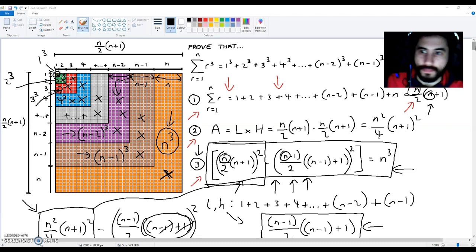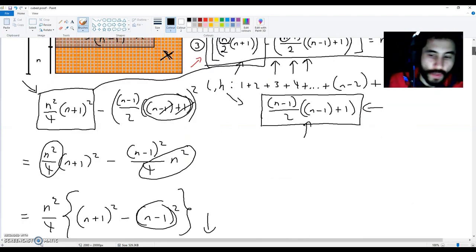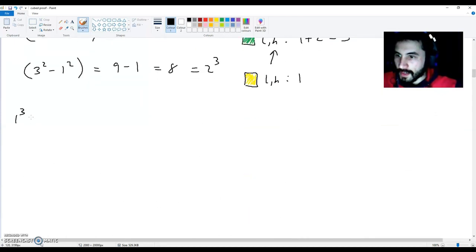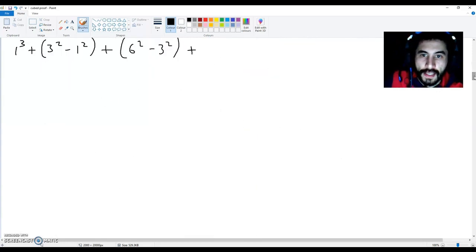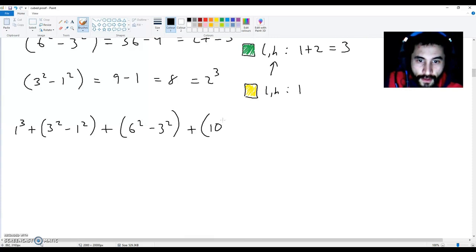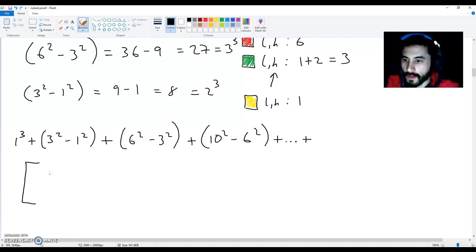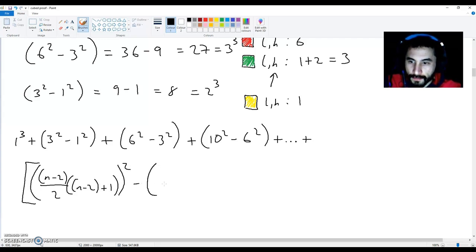So inside this massive square, what we have is 1 cubed, plus 3 squared minus 1 squared, plus 6 squared minus 3 squared, plus 10 squared minus 6 squared, plus dot dot dot plus n minus 2 over 2 multiplied by n minus 2 plus 1, squared, minus n minus 3 divided by 2 multiplied by n minus 3 plus 1, squared,